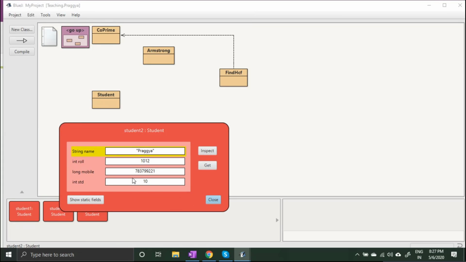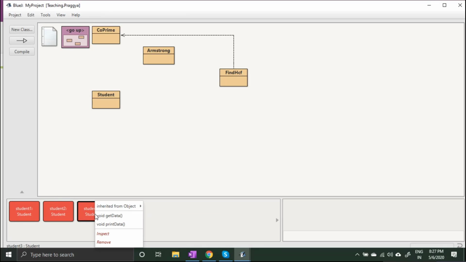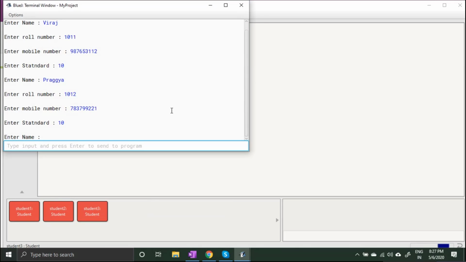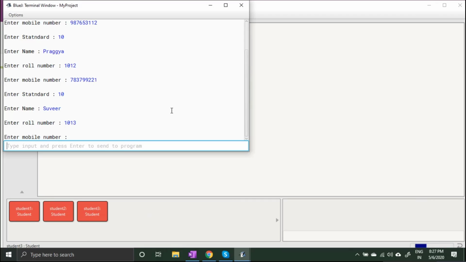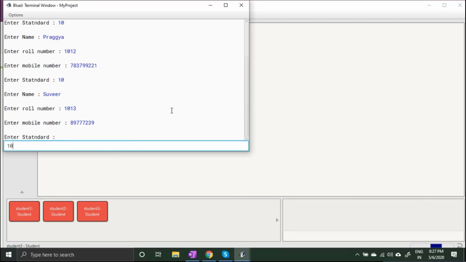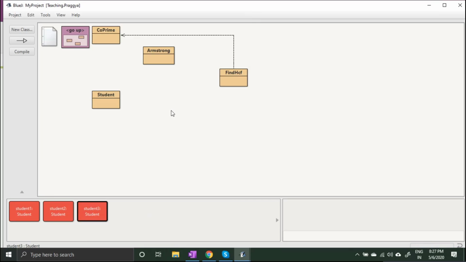Now I am going to feed the third student some data. I'm entering here 1013, and mobile number and standard. So you can see that all three students are containing their own data.